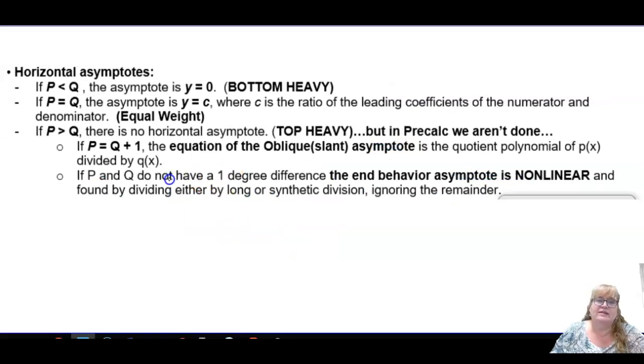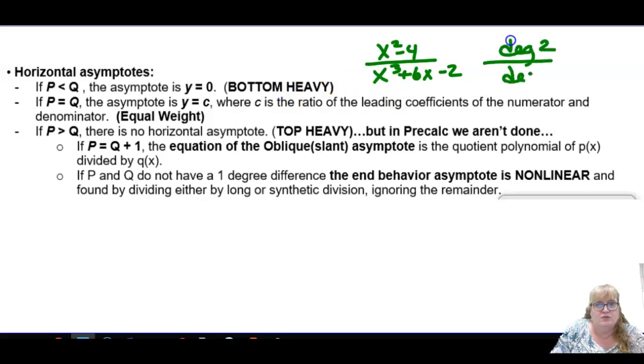All right, horizontal asymptotes occur, or there are 3 different ways we can look at this, when the function on the top is less degree than the bottom. So you have an x squared minus 4 over an x cubed plus 6x minus 2, okay? This is degree 2 over degree 3. Therefore, it's bottom heavy, or the top has lesser degree than the bottom, and it will always